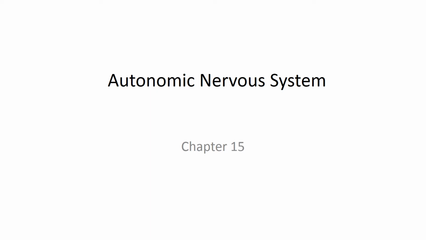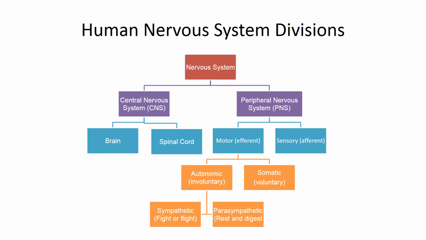In Chapter 15, we're going to talk about the autonomic nervous system. Now recall from our previous discussions of the divisions of the nervous system. We have the central nervous system, which consists of the brain and spinal cord. We have the peripheral nervous system, which consists of the cranial and spinal nerves, and also has a sensory division,